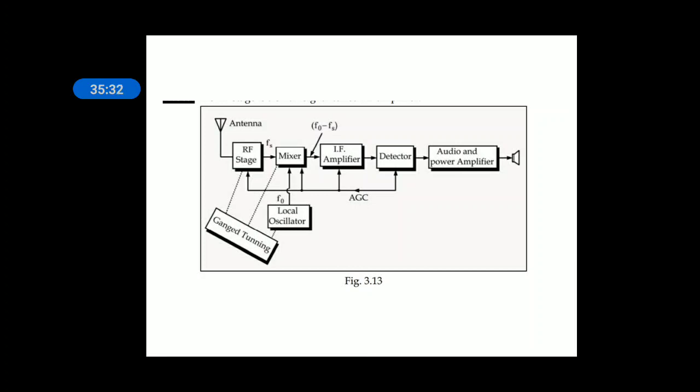That particular frequency will be generated by the local oscillator. The reason is, even though the RF stage output contains many frequencies, the difference will be exactly equal to the IF only for the desired station, because the local oscillator is tuned to the sum of your desired frequency as well as IF. When you calculate the difference between the local oscillator frequency and your desired station, the difference will be IF, and the IF amplifier will take only the IF value and does not pass all other frequencies. In this way, the IF amplifier will generate a fixed modulated signal.